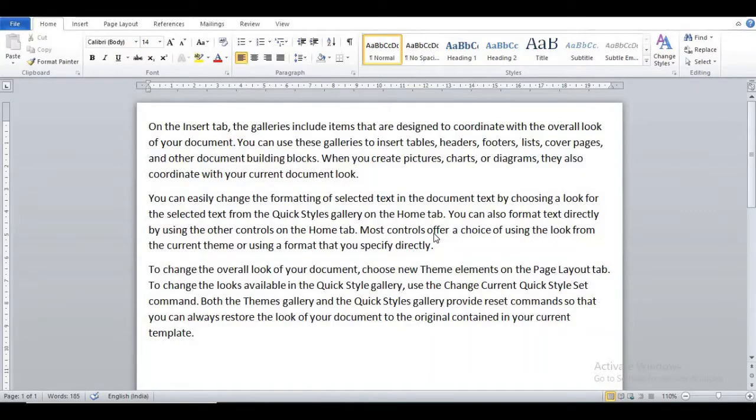Today we continue with our lesson number 3. Now our next topic is how to set page margin, which is on page number 34. Page margin is the blank space around the edges of the page. As you have a margin in your notebook, similarly you can set margin in your Word document.